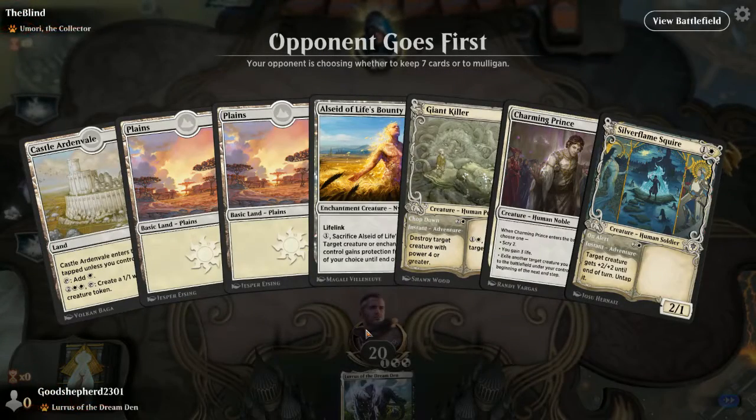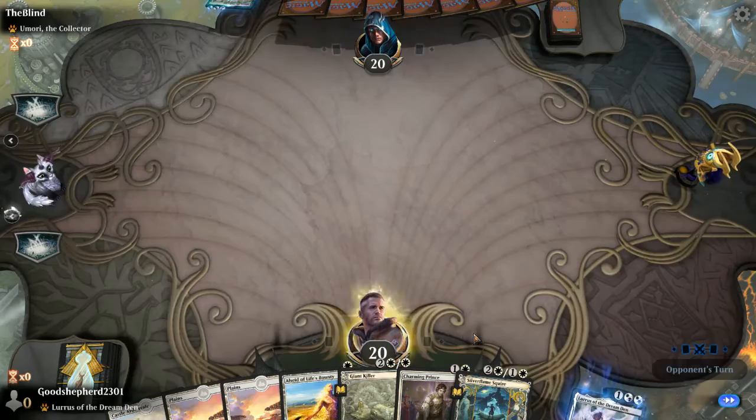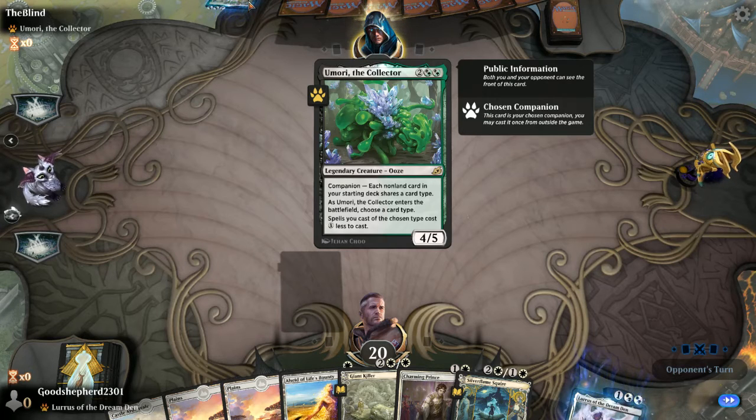So there you go. Turn 1 Alseid, turn 2 Charming Prince to flip into something, and we can scry or whatnot. So we do have options. I'm definitely keeping this one. Opponent's playing Umori, so he is going to take up... The other possibility around this is basically